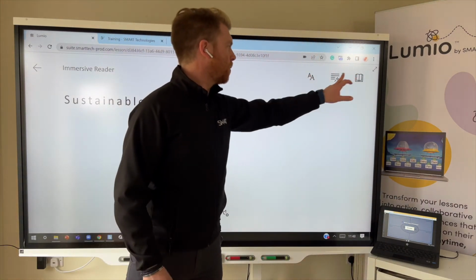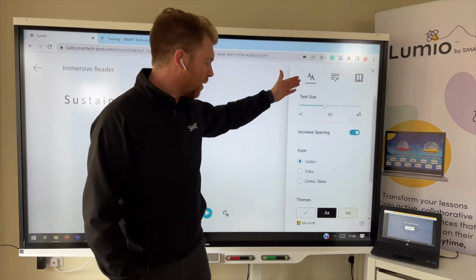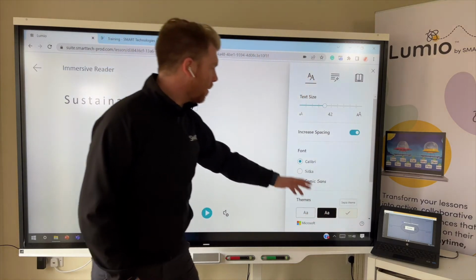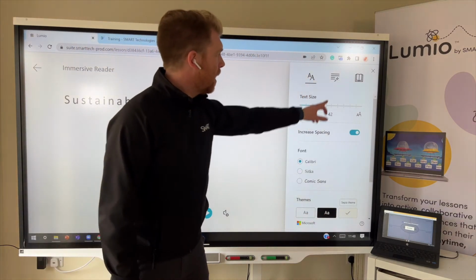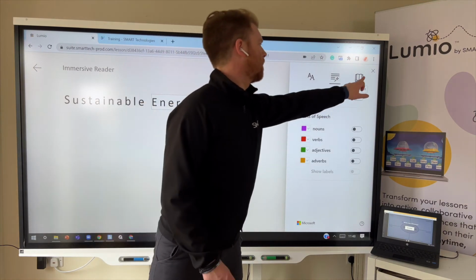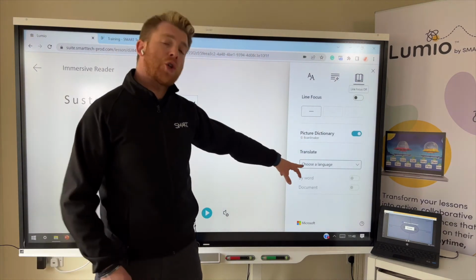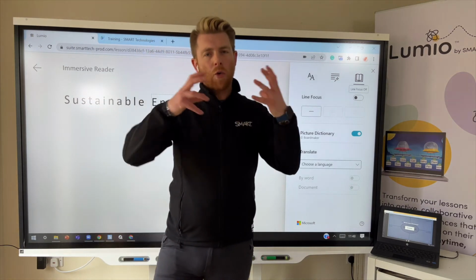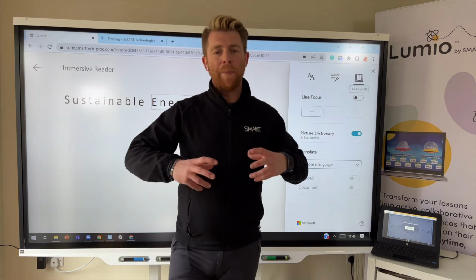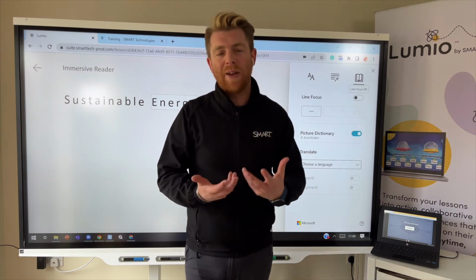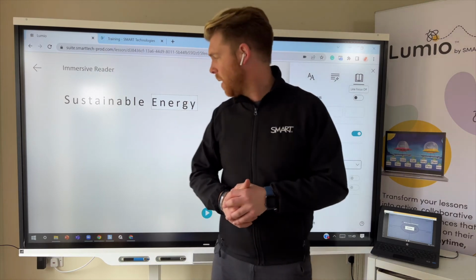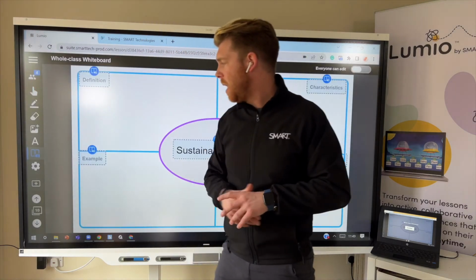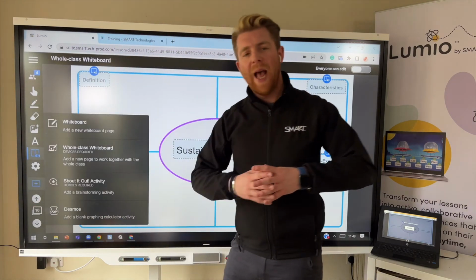And there's lots more options for your learners to have here, changing the text size, changing the background color to make it easier to read, and even translating it into a different language as well. So it's a really great way to make it an even better lesson for you to deliver there as well. So jumping back, we're just going to look at one more bit at how to deliver that